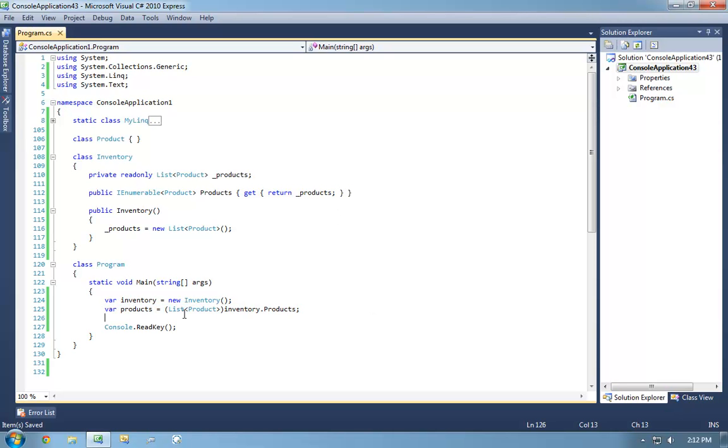But the important thing is it's obviously not supposed to be used like this. It's very clearly an IEnumerable of products. You should never cast it to a list of products. Some people say that to prevent people from doing that, we should do .ToList. I think that practice is silly, because if people want to mess with your code, they will mess with your code.